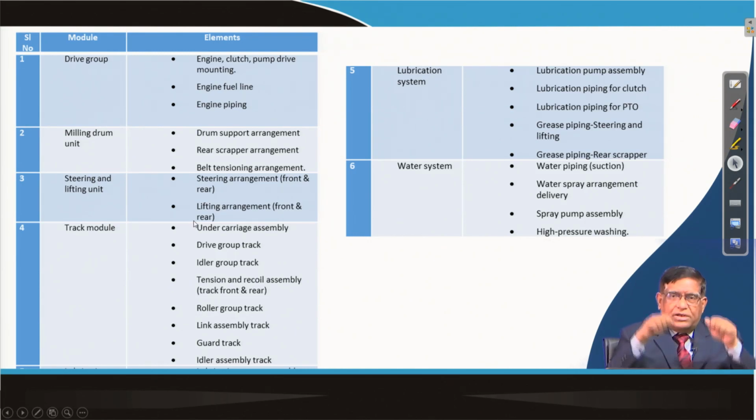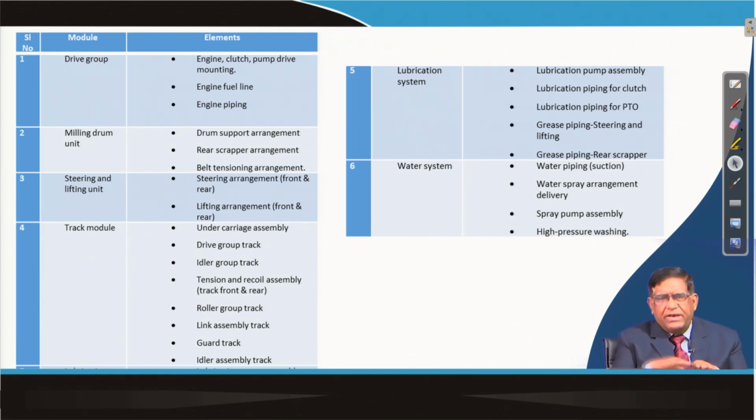Similarly, steering and lifting: the drum needs to be lifted, that is, it is pushed to the ground, or when you are traveling with the machine without cutting, at that time the drum has to be lifted. Then there is the track undercarriage on which this whole thing moves. There are driven tracks, and a sprocket on which the crawlers run. You have already studied the undercarriage components of other machines. It is similar to that, just like your dozers or shovels, which you have learned about.